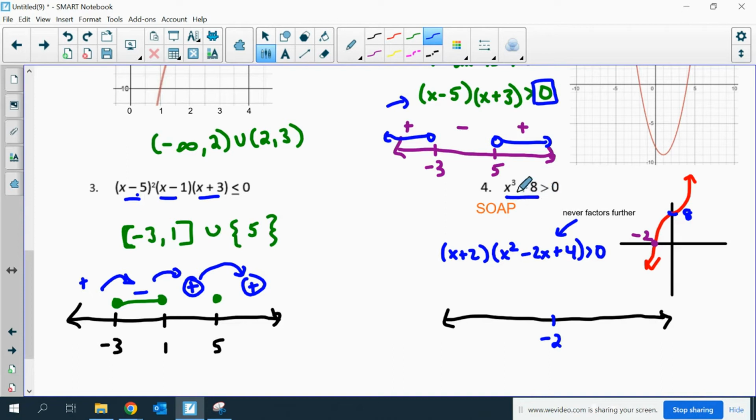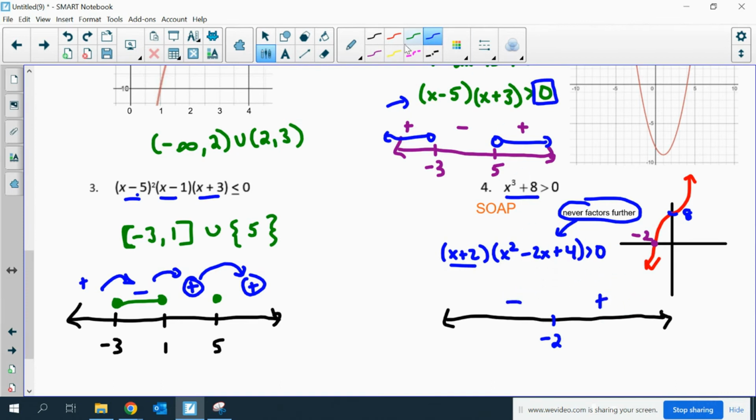Lastly, remember that x cubed plus 8 would be factoring with SOAP. So x plus 2, parentheses x squared minus 2x plus 4. This part never, ever, ever factors further. So the only thing that actually works to make this equal to 0 is negative 2. And I figure out where this is greater than 0. If I substitute in a really big number, it's going to be positive, and to the left of negative 2 it